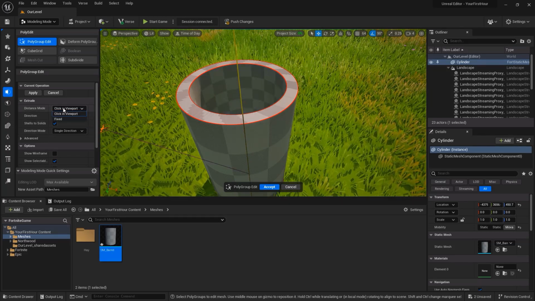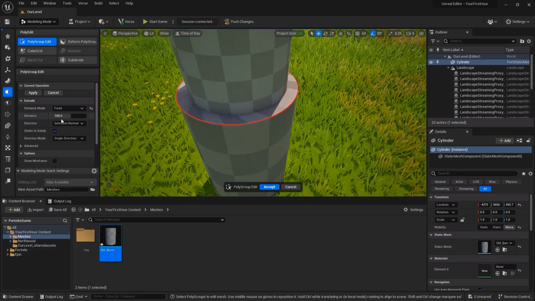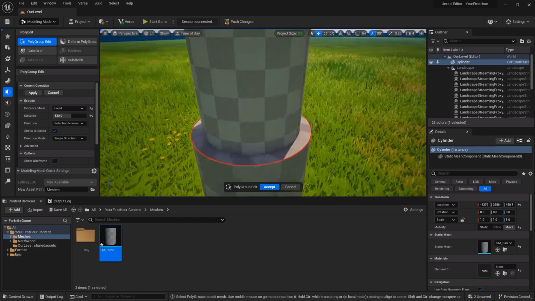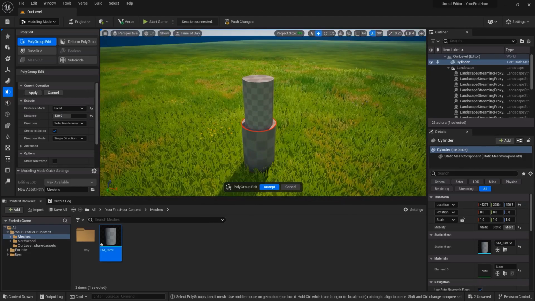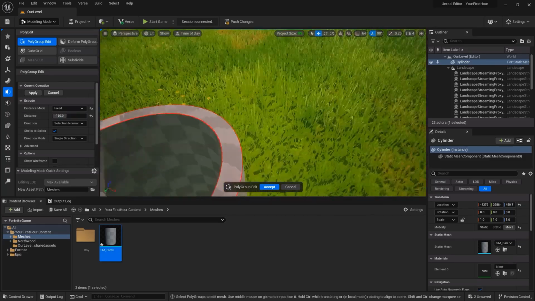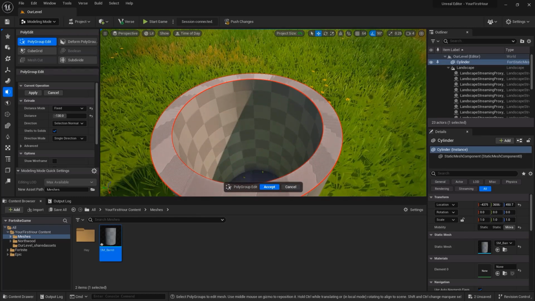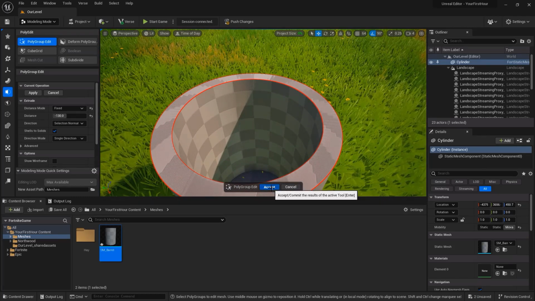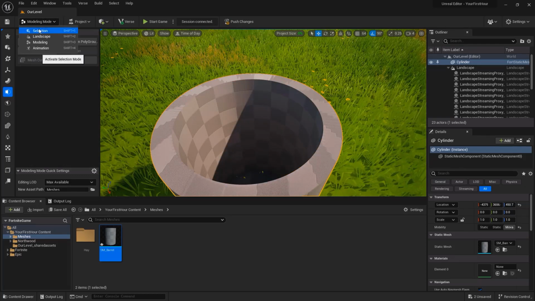One of them being the distance mode. I'll change this to fixed. I know I created my barrel 150 units high, so let's make this distance 130. But that's not quite what I want. It's in the wrong direction, so we'll make it negative 130. Now if we look inside of our barrel, we actually have what looks to be a barrel with an inside part that's empty. We'll hit accept, and now if we were to go back into selection mode,